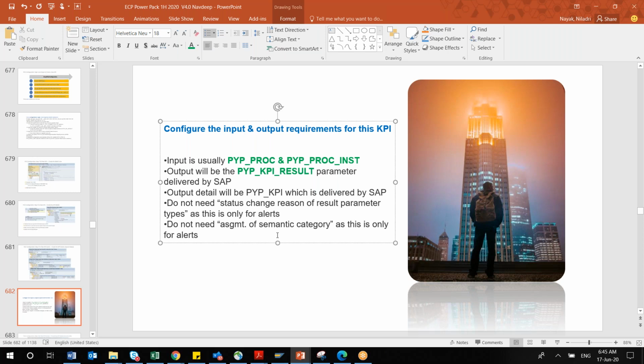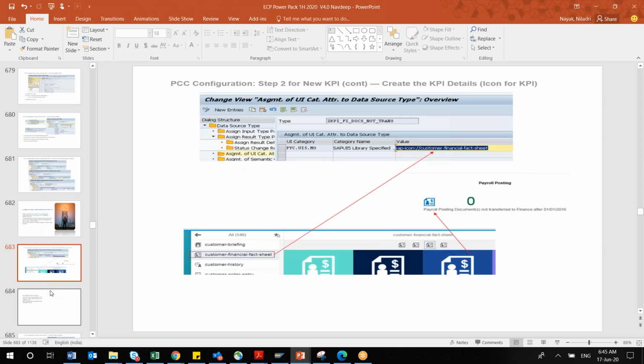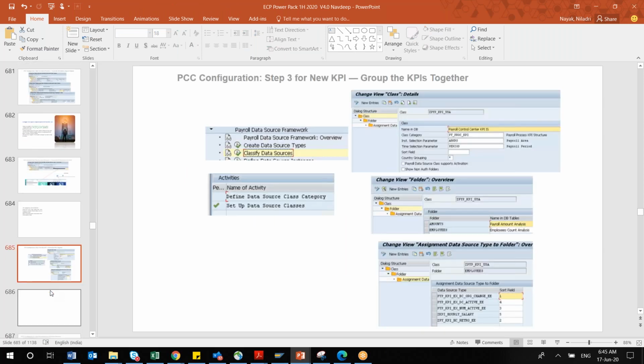These are delivered by SAP. It will also be PYC_KPI, which is delivered by SAP. Whatever I've highlighted, I have seen questions coming from there.